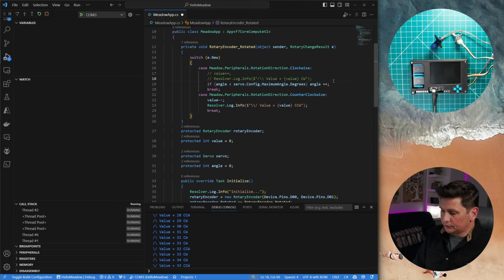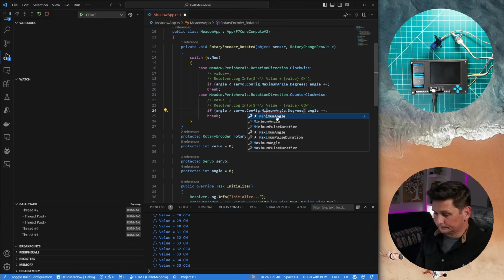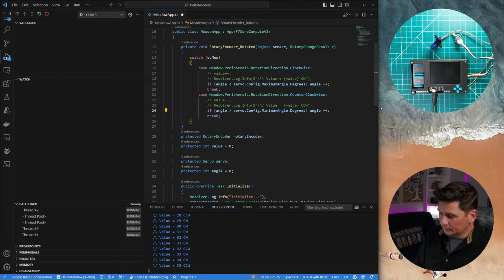Now I'm gonna do the same thing the other way around here to lower this angle. If I am above the minimum angle, I'm going to do a minus. What do you think? I'm sure there's better ways to do that.